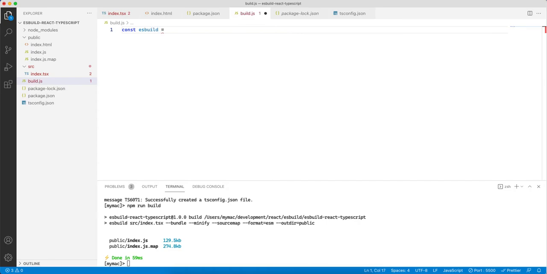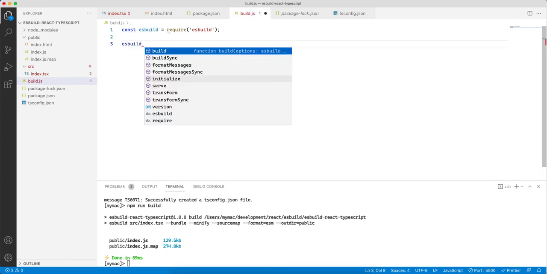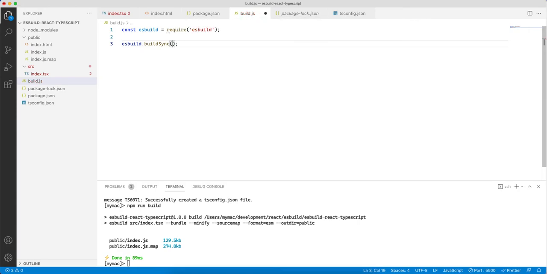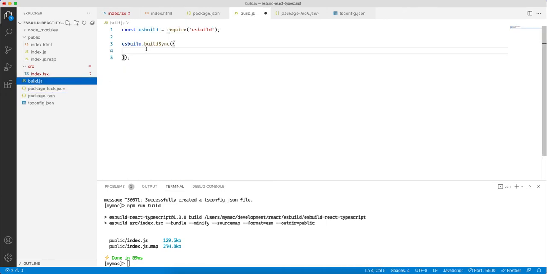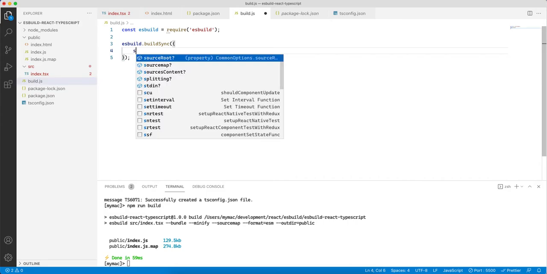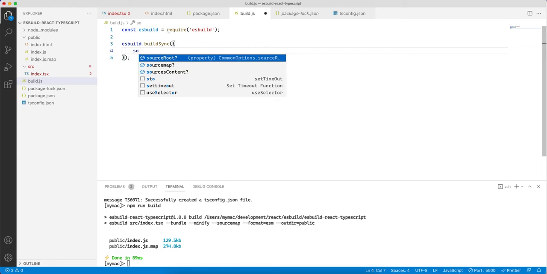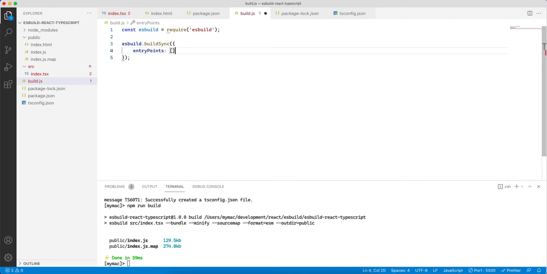So let's import esbuild first. And esbuild has a function called buildSync, and there we just need to specify all these flags like this. Entry points, we can say src/index.tsx,